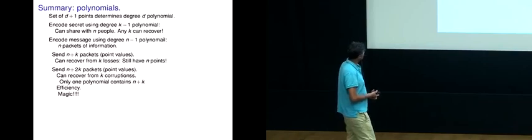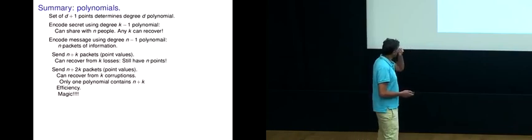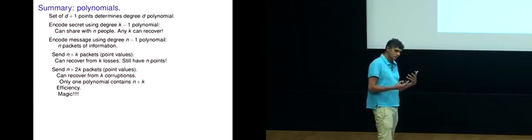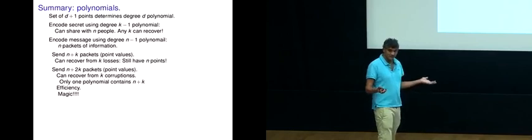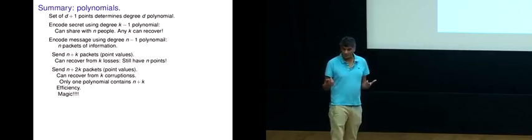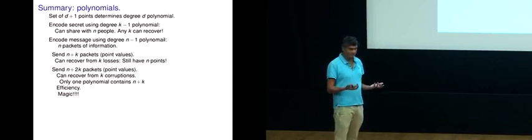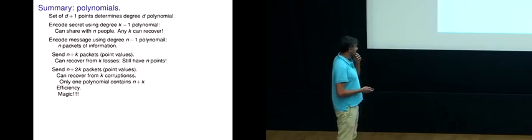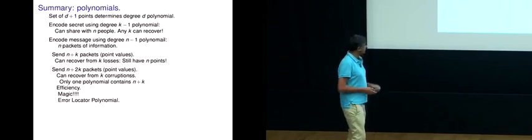How do you actually recover these n plus 2k packets? How do you do it efficiently? How do you know where my bad packets have gone? Right? That's the question, right? There's some that are corrupt, and now you can try all possibilities for the corrupt packets and fit the other points, but that's very slow. So what